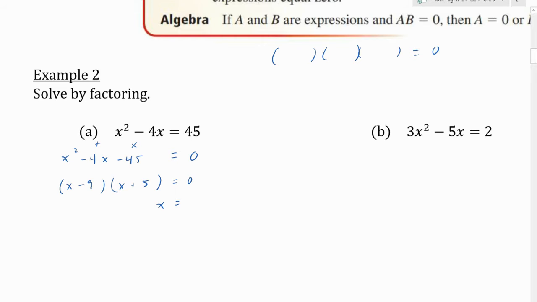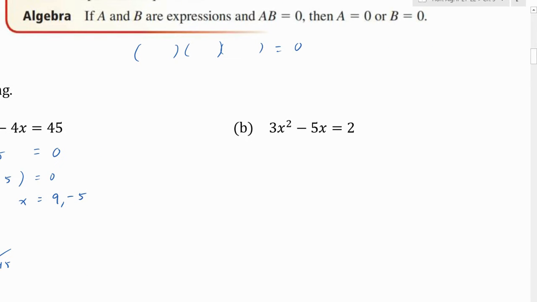So what x value makes x minus 9 equal 0? 9. What x value makes x plus 5 equal 0? Negative 5. And we could check it. Here's what you'd be looking for. 81 minus 36. Yep, that's true. And we could check negative 5 the same way. But we're okay. This one, again, if I get it all set equal to 0,